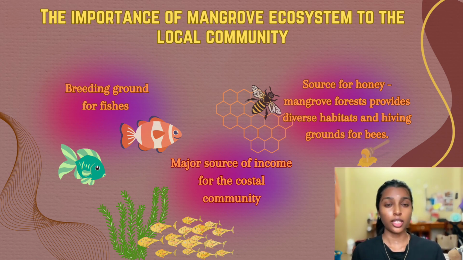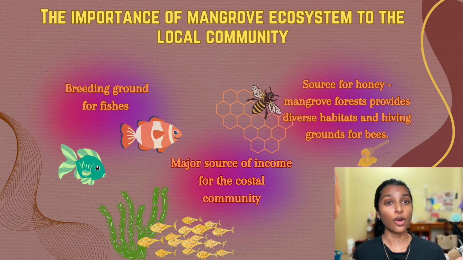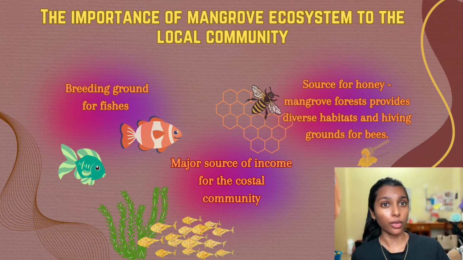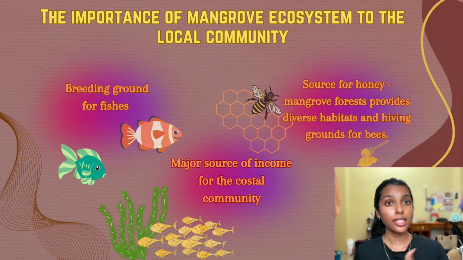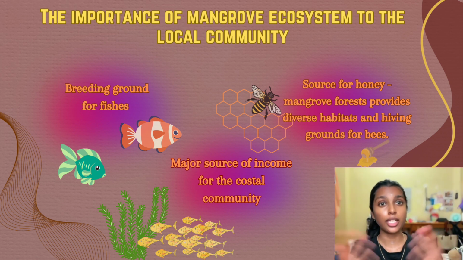The local community that lives around the mangrove ecosystem relies on the resources from the mangrove ecosystem to sustain their lives due to several reasons. First and foremost, the mangrove ecosystem is a breeding ground for many marine animals such as fish, crabs, prawns, and etc. This is due to the complex root system of the mangrove that provides physical protection to the marine animals against the predators as well as the abundant food that is available in the ecosystem.